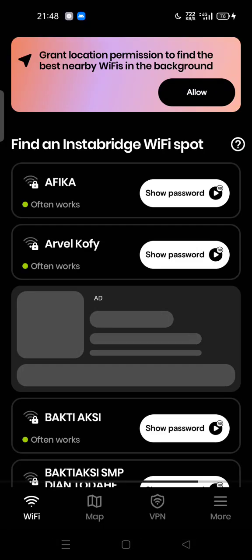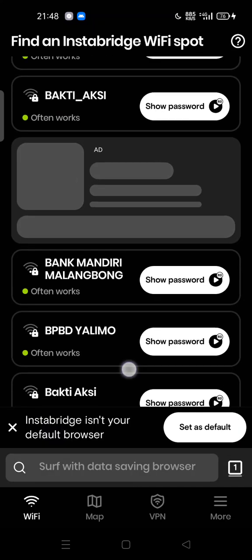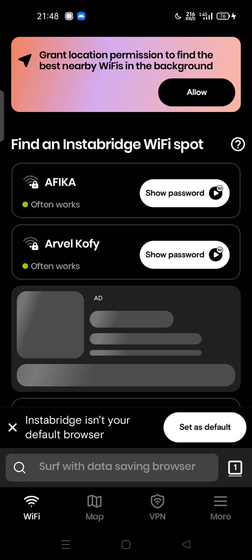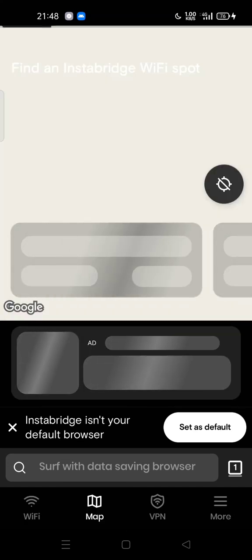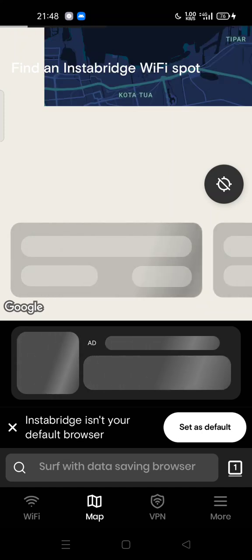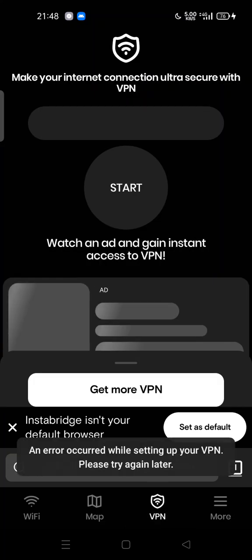And here Instabridge will like scan nearby Wi-Fi, and also this is a map, like Wi-Fi map. Try to search the best Wi-Fi connection for your device. And also there's a VPN, make your internet connection ultra secure. Yes, you can simply tap start,